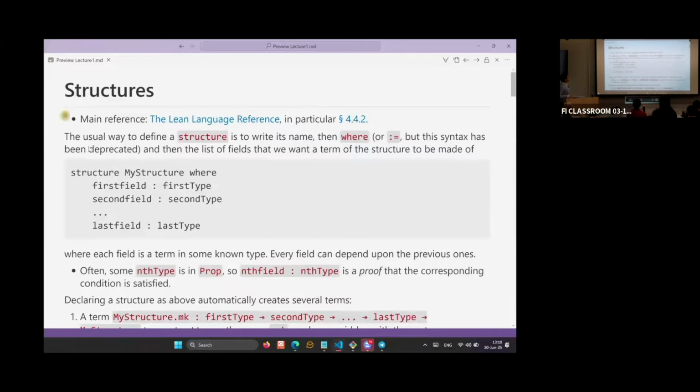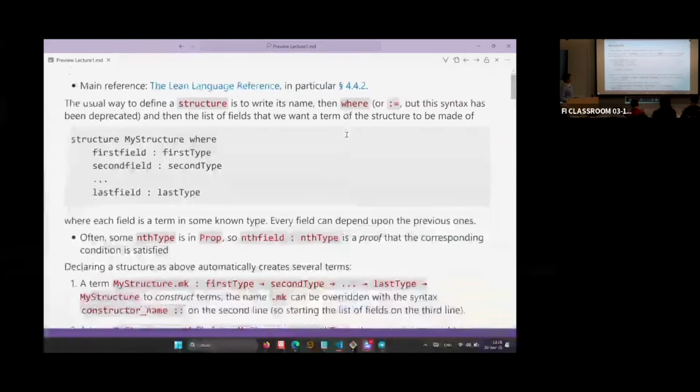One point I wanted to stress is that there is this book, which is a beautiful book. It is terse from time to time, so it's not very easy to read, but in this section in particular there is a whole discussion of what structures are. It is written from the perspective of computer scientists more than mathematicians. So it's not an easy read at first try, but it's a good reference.